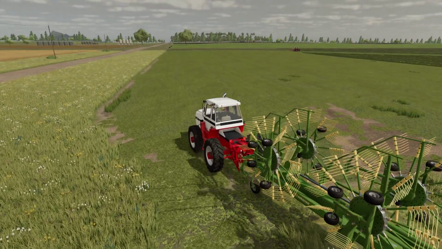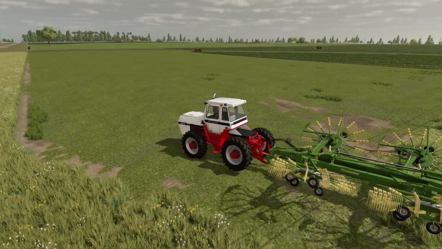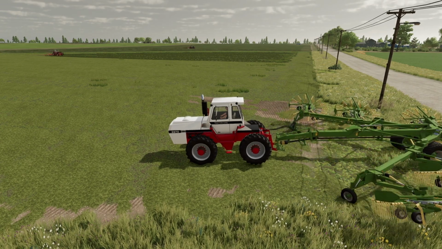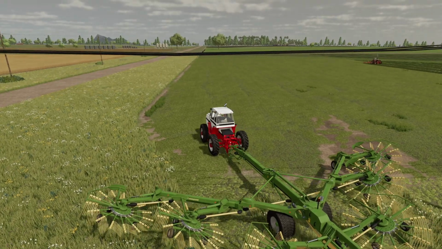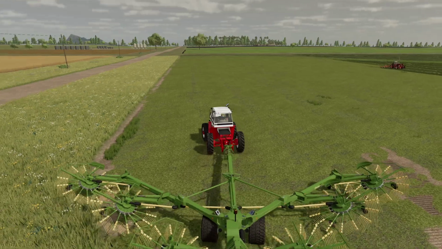our raking. So what we have planned for this episode is we're going to try to get this field done here. They are moving along really fast, so we may actually get it done. We're going to make some hay, and then I have also leased a...